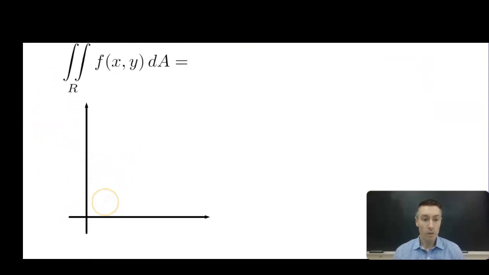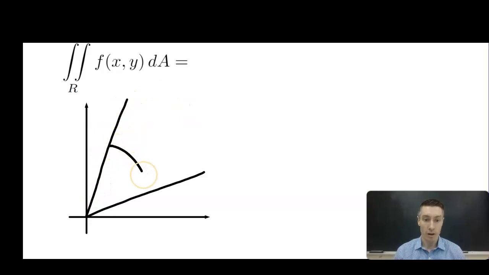So let's draw out a polar region. We'll draw two lines that indicate the angles, and then we're going to draw two portions of a circle. So there's our region R. And based on the definition above, the inner radius is a, so r equals a. The outer radius is b. And then as far as the angles go, this would be alpha, the smaller of the angles,